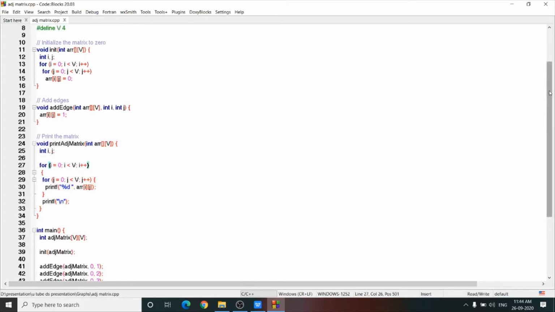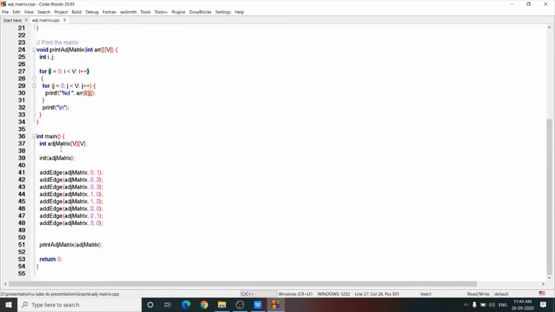And this is our main. Here first I declare one two-dimensional array ADJ matrix, then call the function init for initialization, then call the function add edge for adding a new edge to the matrix, and then call the function print ADJ matrix for printing the matrix. Now I am showing the total code.